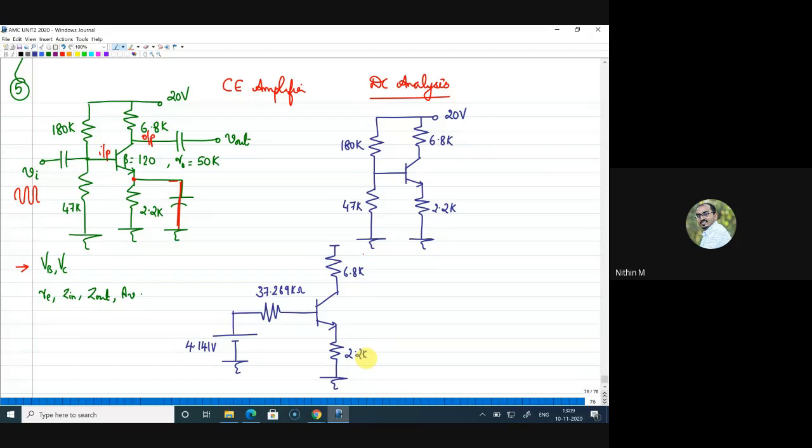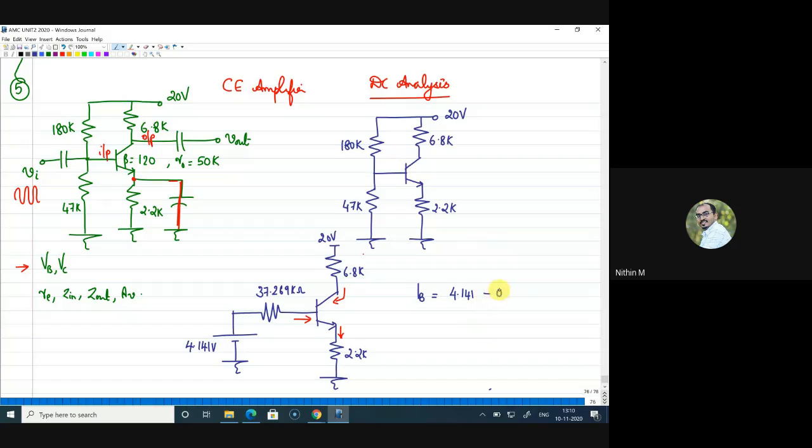Now, Akram, tell me what is the next step? So, we'll find IB. Very good. Can you tell me what is IB? You calculate, I'll just write down the equation. It is 4.141 volts. Let me draw the symbol. See, this is IB, this is IE, and this is IC. Now IB is equal to